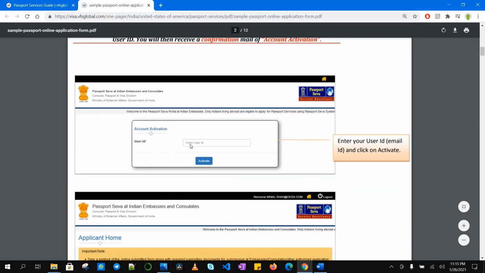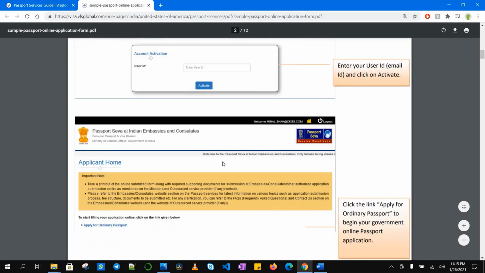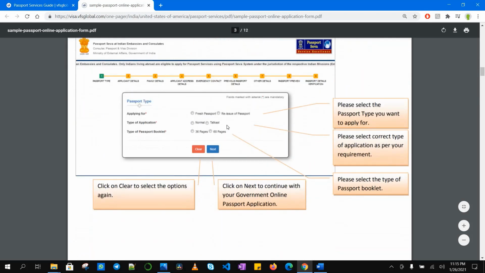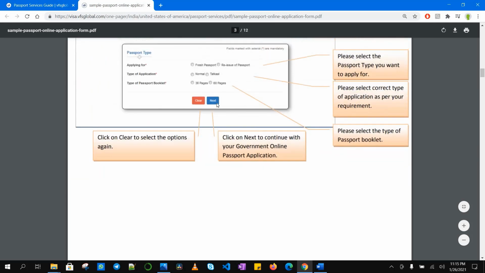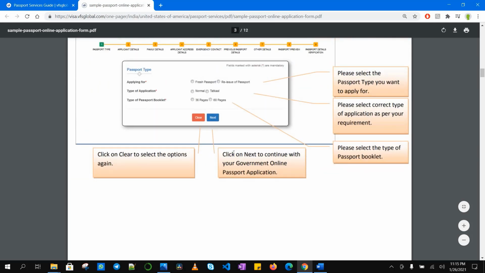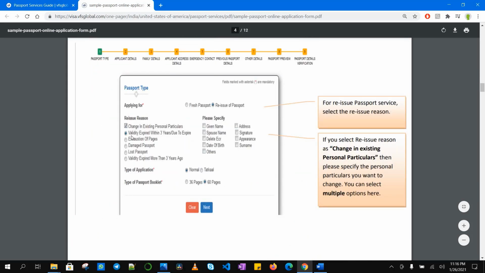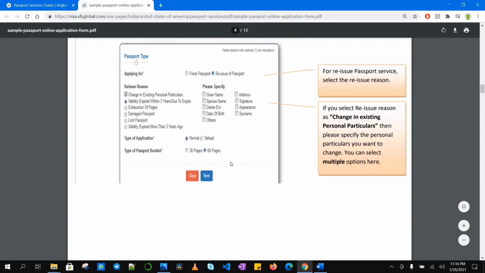then register, and then you can activate your account, and then you can provide what kind of passport you need. It's a fresh passport, or reissue passport, or Tatkal, normal 36-page booklet, or 60 pages. It depends; there are two different prices as well for 60 pages. So whoever is traveling a lot might want the bigger booklet. And then the third page asks what the criteria is, why you are applying, when it expired. Those selections are very easy to understand, and what the normal type is and how many pages you